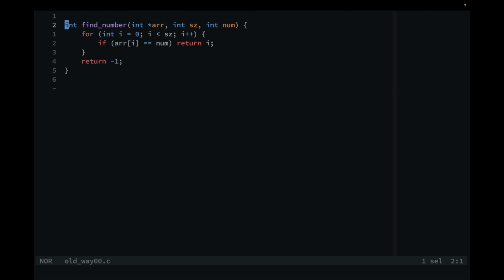As you can see right here, I have it so that it returns -1 if it can't find it, and this is fine. I mean, you can program C in this way, but there's better ways of doing it if you want correctness, because